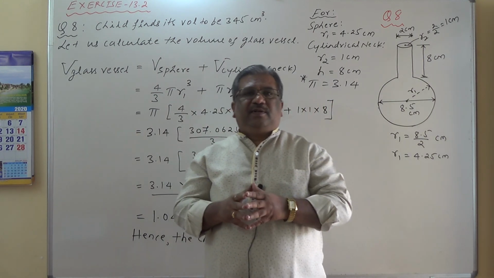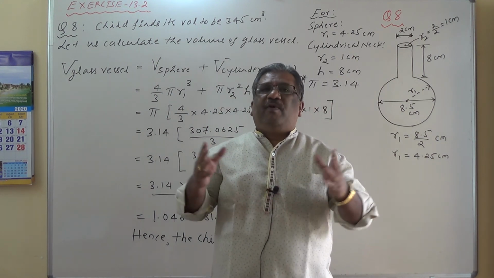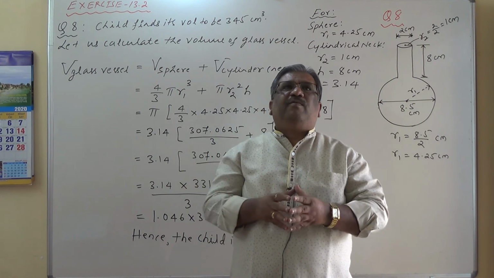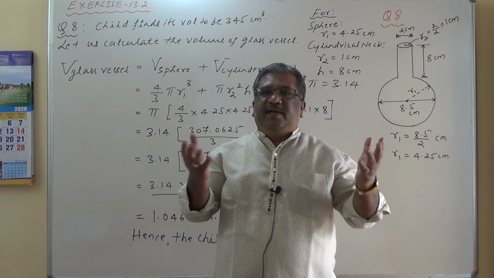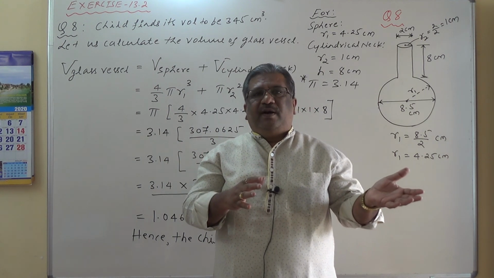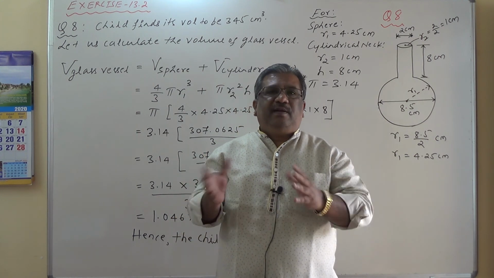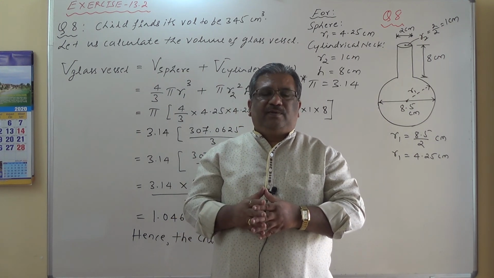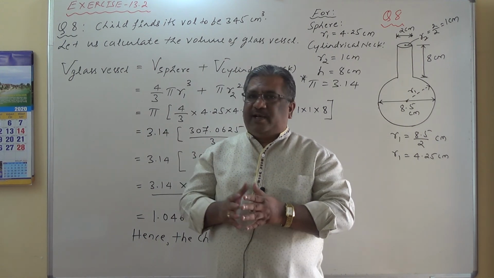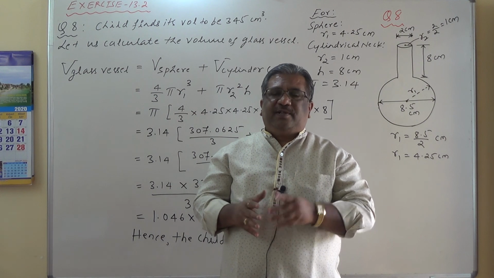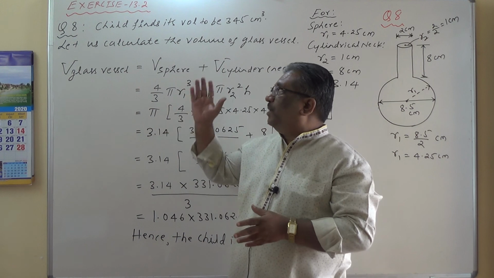That is very important, where we may get some numericals based on the flow of water through the pipes, flow of water through the canals, and if the solid is melted from one shape and given a different shape, then what would be the change in volume and all those things we are going to study. Conversion of solid from one shape to another shape, volumetric ratio remains constant, that you have to keep in mind. So exercise 13.2 completed.